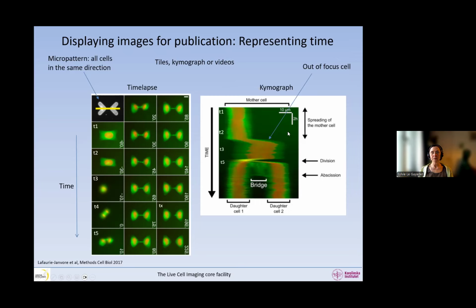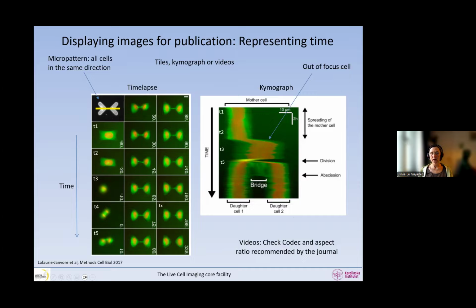And so we have lots and lots of images. We put them next to each other. And so in this dimension, it is time. And here it is X, the X dimension of the image. And so that works. And here you can see that the cell becomes a bit out of focus, because it's moving a lot when we go into this very fast phase in here. And then quite quickly, you can see here that we have a bridge that is being formed, and then we have two cells. So this kymograph is a nice way also, but it only works for some types of time lapses where you have a single object.